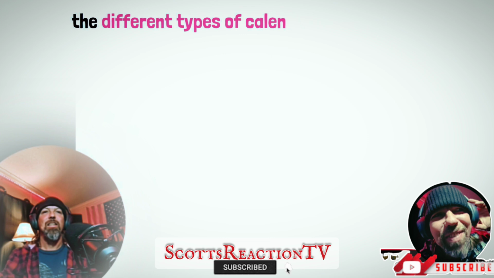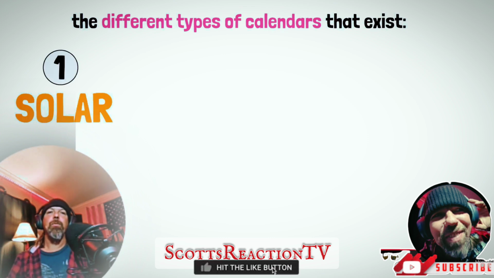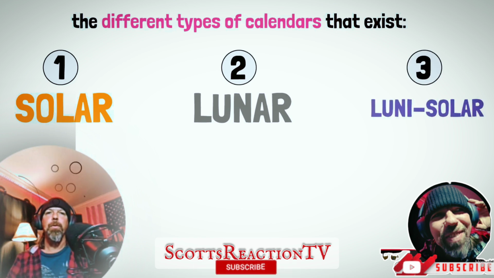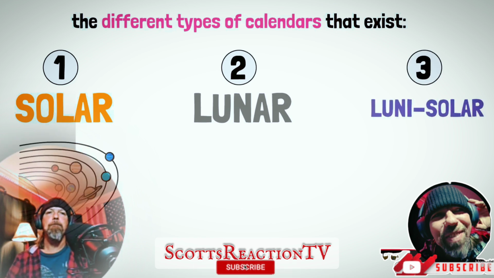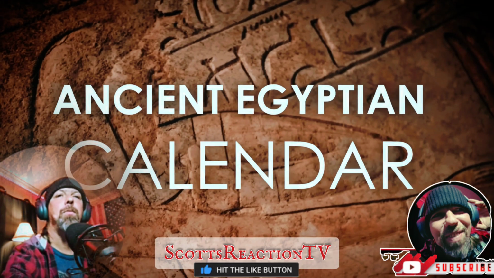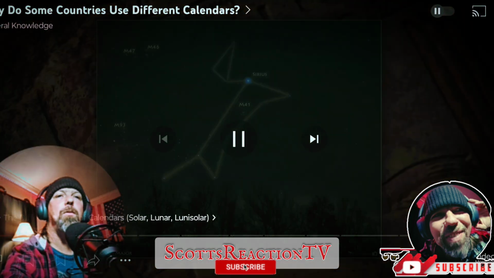First, let's define the different types of calendars that exist. Calendars are usually one of three types: solar, lunar, or lunisolar. The names are somewhat self-explanatory. Solar calendars are calendars whose dates indicate the apparent position of the sun relative to the stars. The Egyptians appear to have been the first to develop a solar calendar, using as a fixed point the annual sunrise reappearance of the dog star Sirius or Sotis